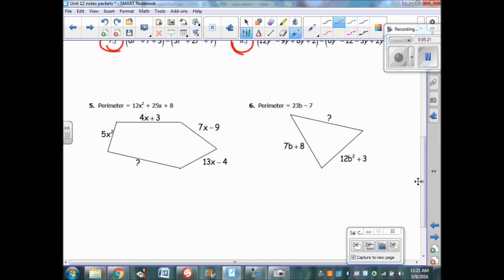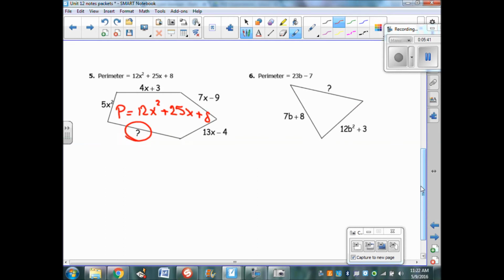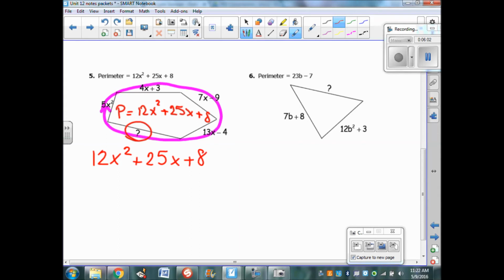We're going to do number 5 together. This one that talks about perimeter. It's telling us that our perimeter is 12x squared plus 25x plus 8. And we're missing a side here. So we need to come up with what that missing side is. If we keep in mind what perimeter means, perimeter means add up all of the sides to get the perimeter. So I'm going to write out, if this is my perimeter, that's what the P is. So let's add up all the sides. 5x squared plus 4x plus 3 plus 7x minus 9 plus